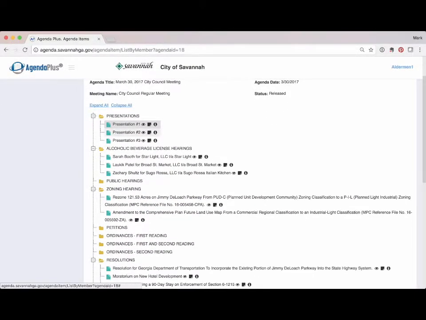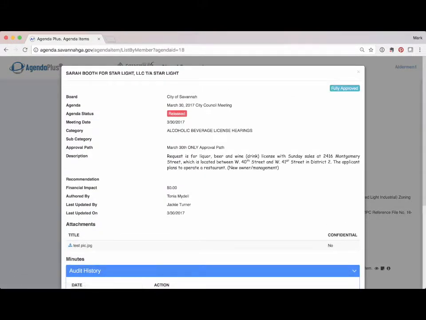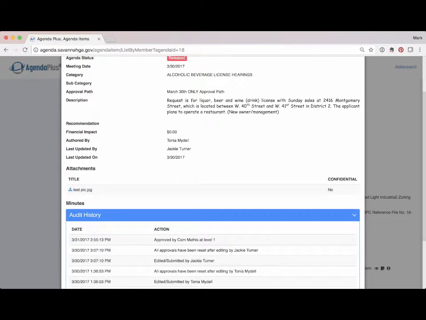Let's take a look at an alcohol beverage license hearing item. We click on the eyeball beside Sarah Booth. And again, we see the exact same screen with the detail of what this item is pertaining to. In the title section,